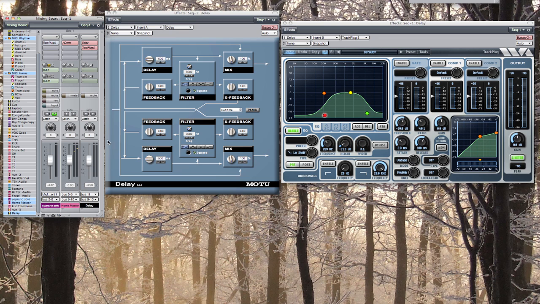Okay. Now, we're going to introduce delay. I've put it on a separate fader, a send, and then a return, so that we can bring in the delay. Now, what I have here is the stock delay plugin from Mo2 Digital Performer, and right now it's set to the default of 500 milliseconds. If I introduce this delay, and we play the track,